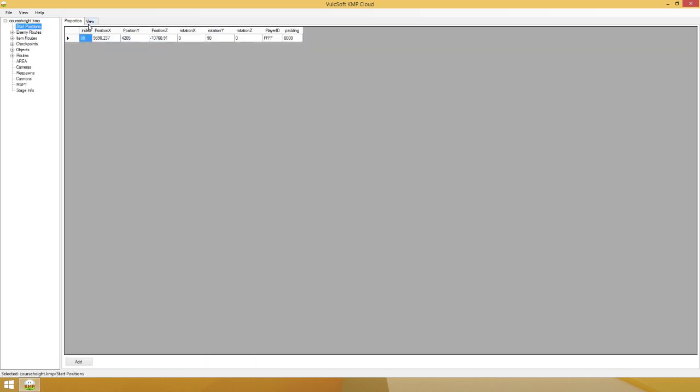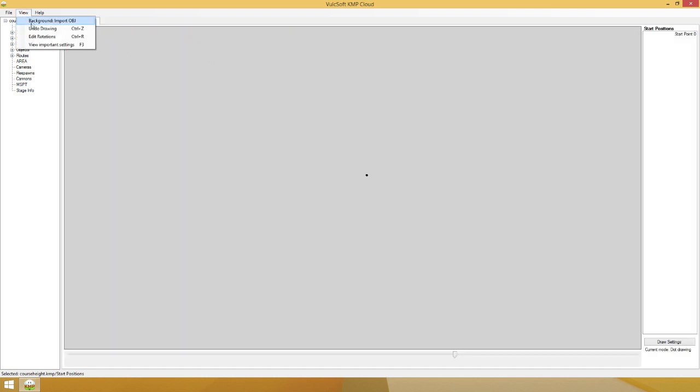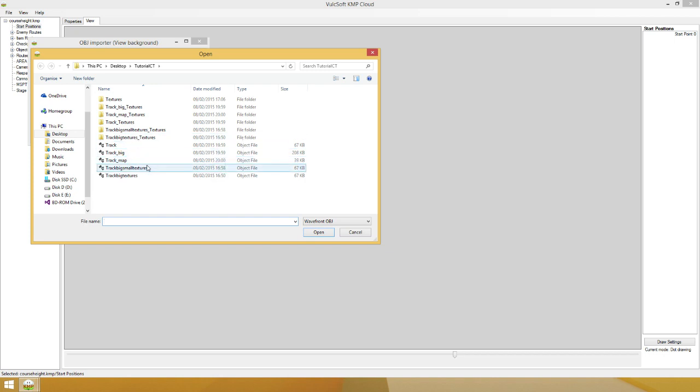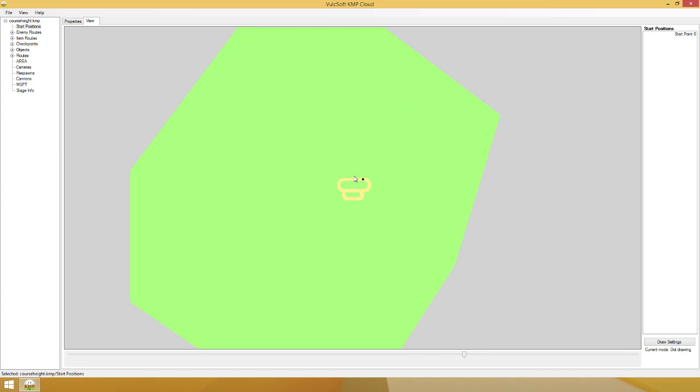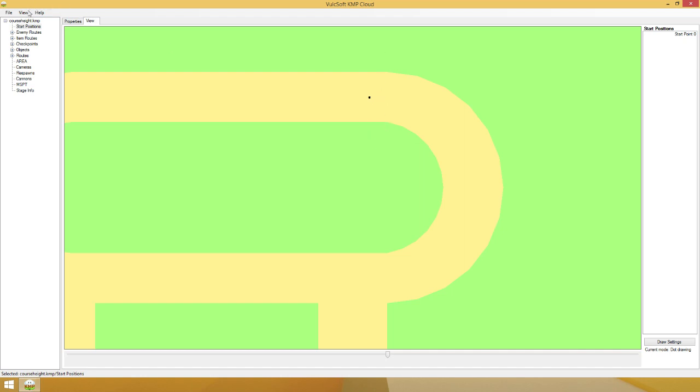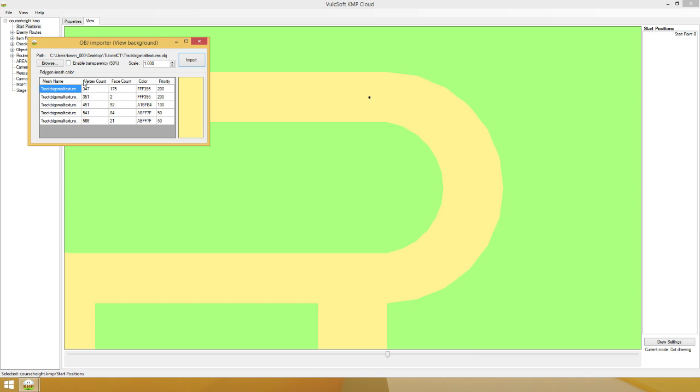So we've already set the starting position to a specific point where you go ahead and view import OBJ background. You select, let's just take the one that I used with the textures fixed. Wow, it's very off center. Okay, you can't see the starting line. So what you do is you go into view background OBJ and you find the correct